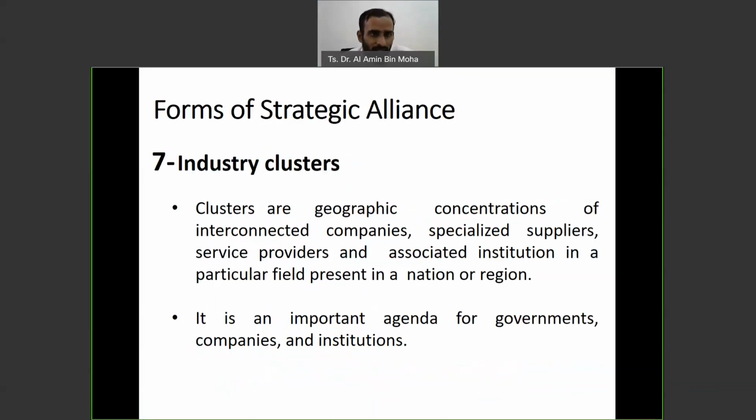And we have industry clusters. Okay, clusters are geographic concentrations of interconnected companies, specialized suppliers, service providers, and